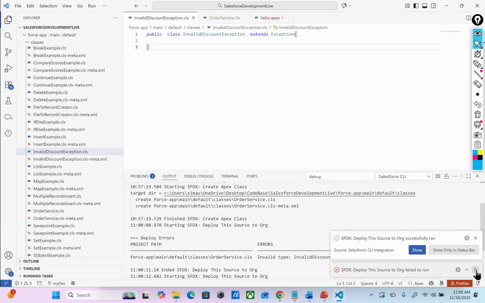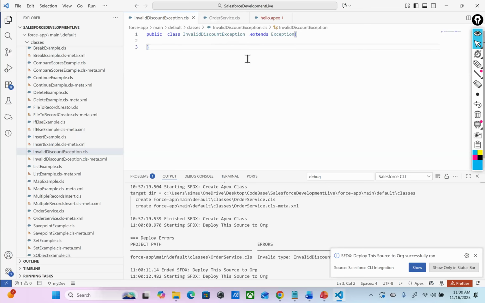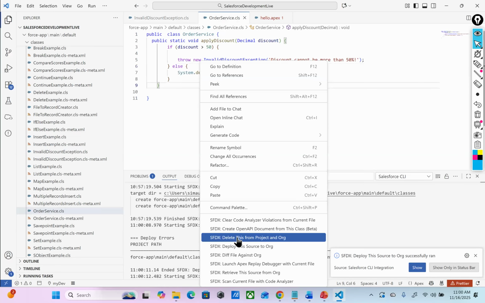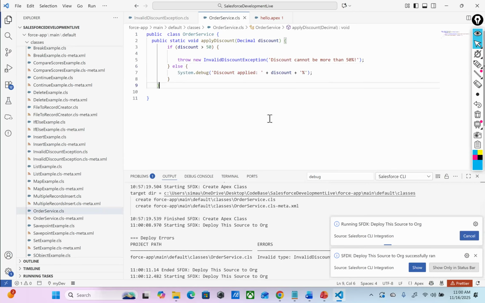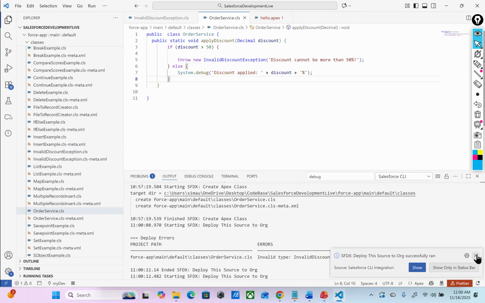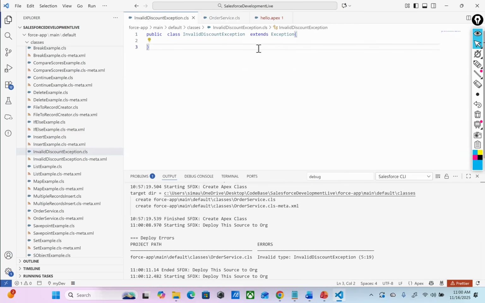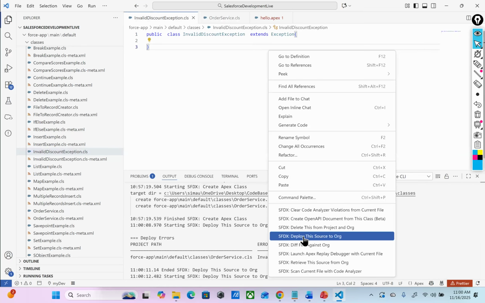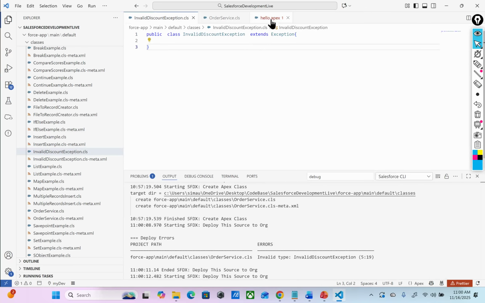Can you just explain again? Yeah, one minute. I'm doing it. Visual Studio where you're clicking to deploy the code? Here I'm saying right click and deploy the source to the org. You see this statement, deploy the source to the org? That's what I'm looking for. I don't see deploy. Right click? No. Right click and deploy. Okay. So here we go to the